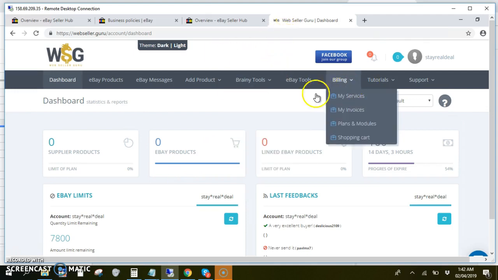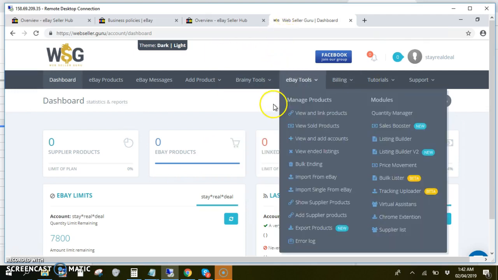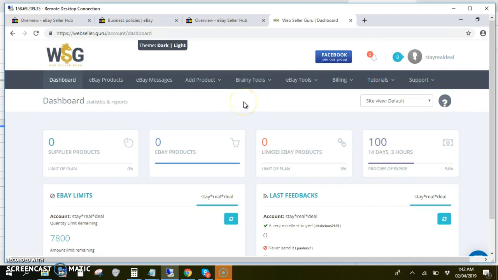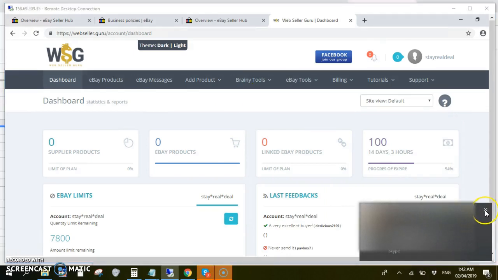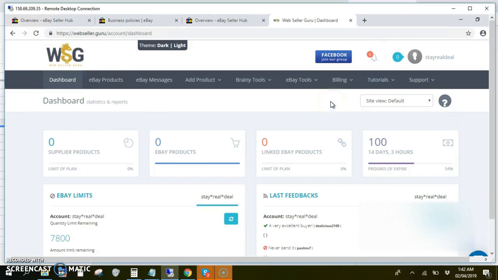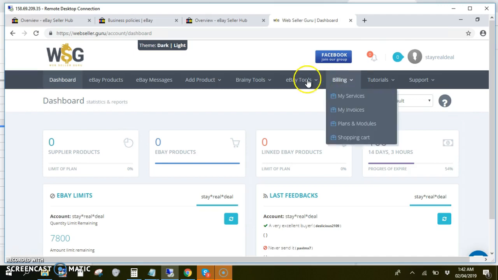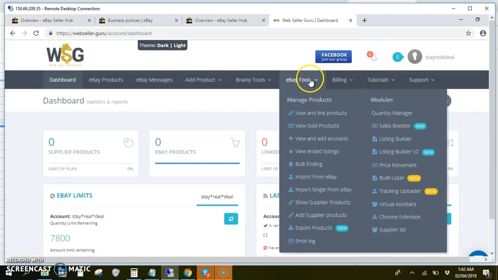For Webseller, we need to make sure that the tool is subscribed to Quantity Manager, because Quantity Manager updates the quantity of the item to the default quantity every time it gets a sale. So here you just need to go to